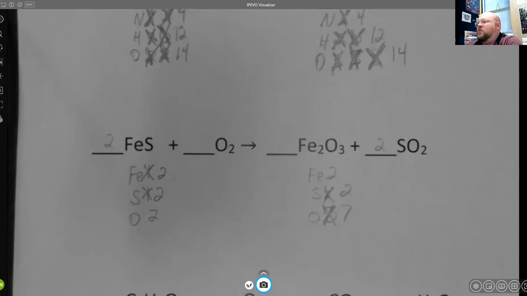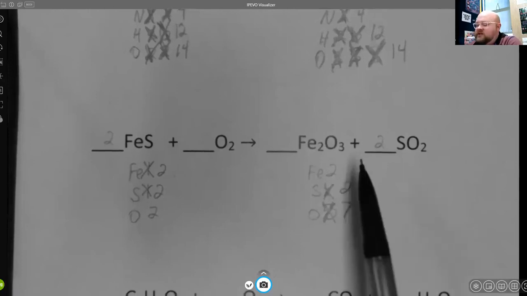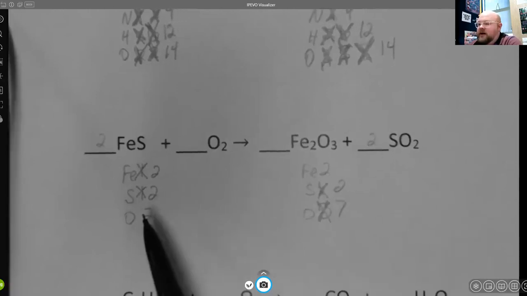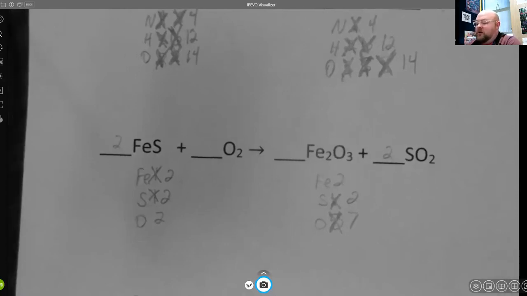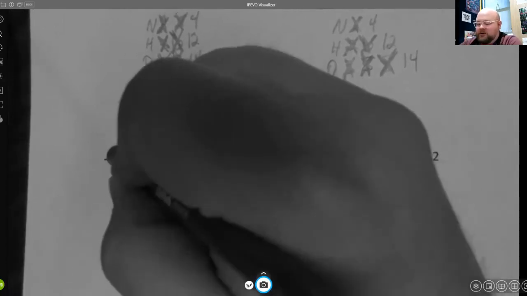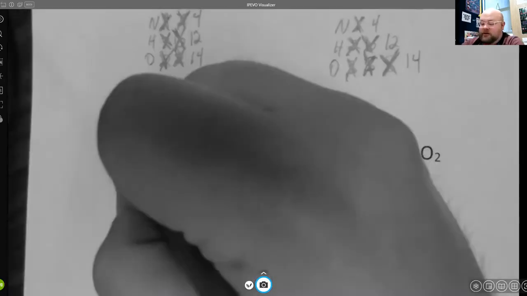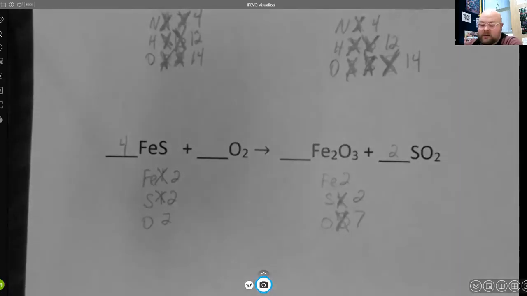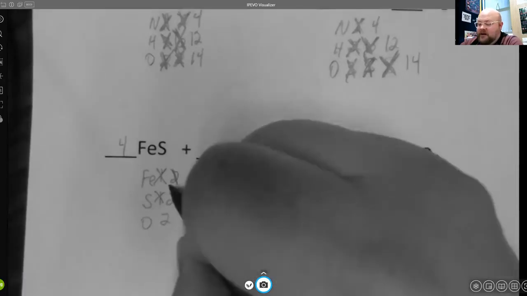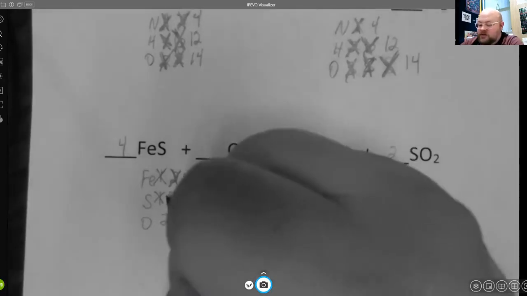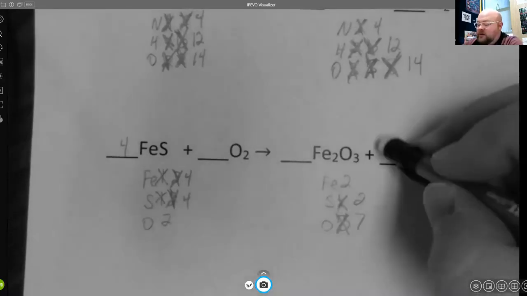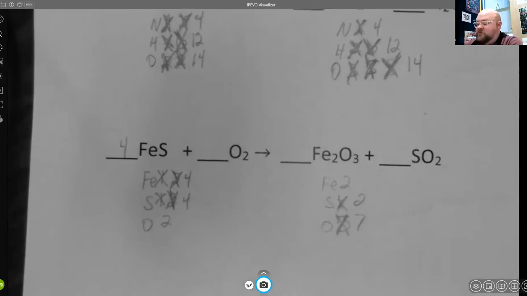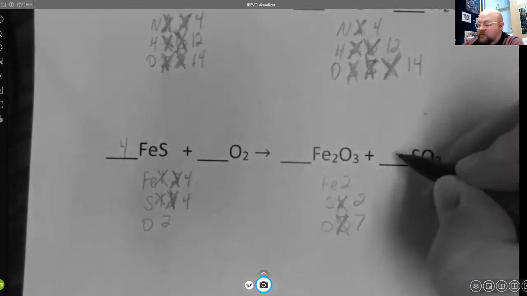One of the quickest ways to do it, and this only works in situations where you have an odd number and an even number, is to take one of the ones you already have and just double it. So using that trick, I'm going to erase this one and just double it. So I'm going to put a 4 there. That changes my irons to 4. That changes my sulfurs to 4, which means I need to go back over here and make my irons and my sulfurs be 4. So I need to multiply this one by 4